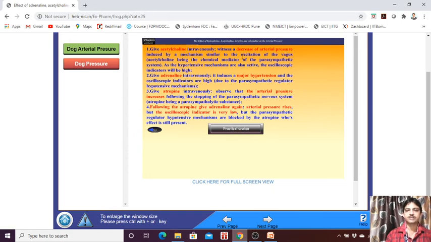M2 receptor is present in the heart, and it may produce the decrease in the blood pressure. Clear. So this is the different activity we can observe after the drug. So of course there are many drugs we can give, and we can check the heart rate also. Of course in this practical it is not there, so we are going to discuss it in the result and discussion section. Okay, so you can do this experiment, try it and find the effect and correlate with their activity.